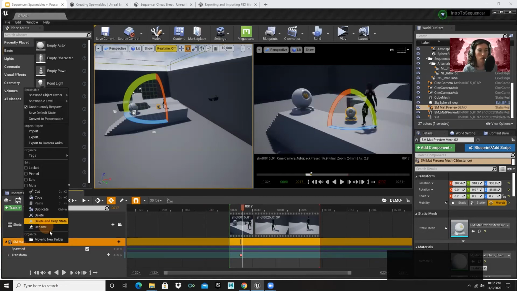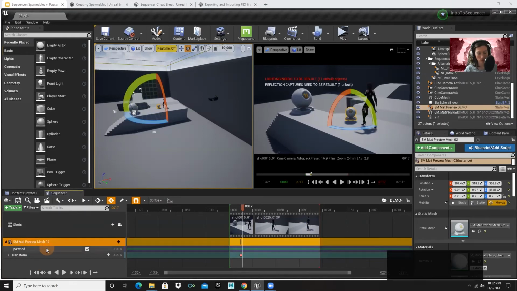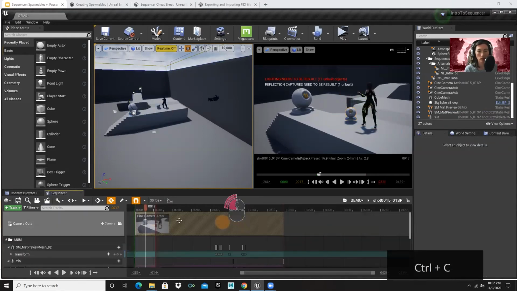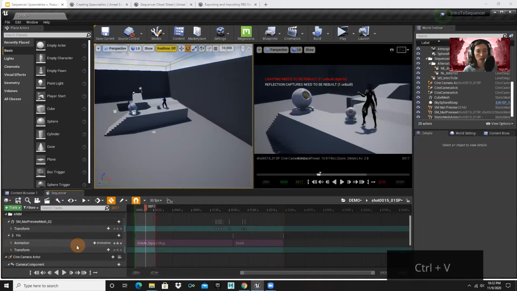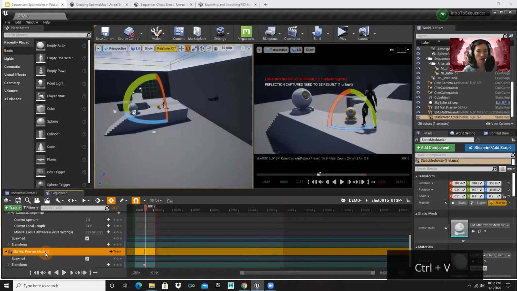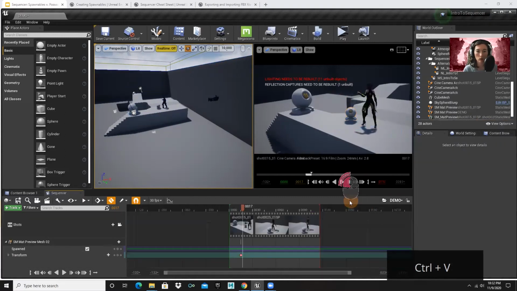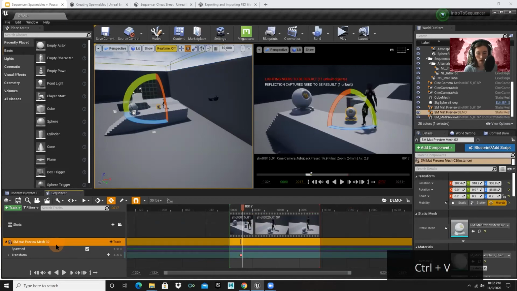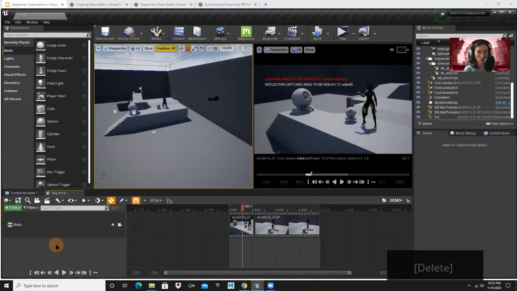So you can just right click, copy, or so I've got this selected, Control C. I'm going to go in here, make sure I am still actively in the sequencer. I didn't accidentally click anything in the viewport, and then Control V. And I think there it is, yeah. So the true test will be, if I delete this, is it still there? Boing. Okay. So there it is. So that's what I mean by, you start in the master,